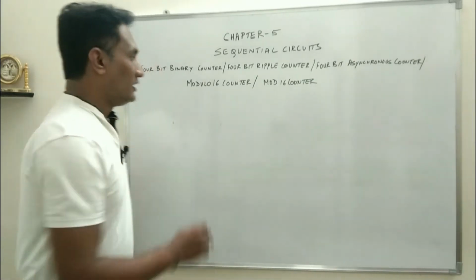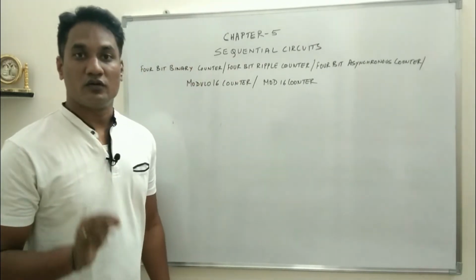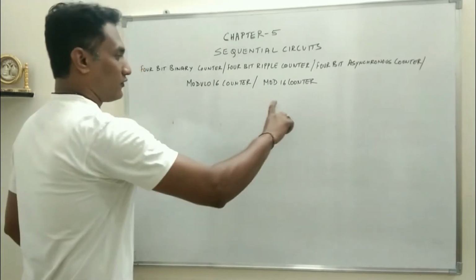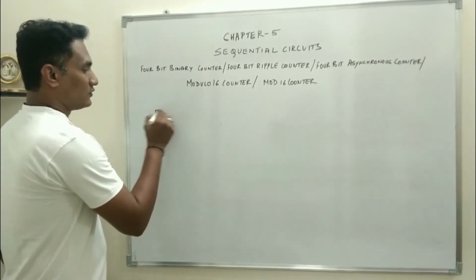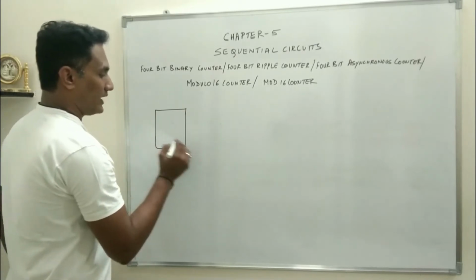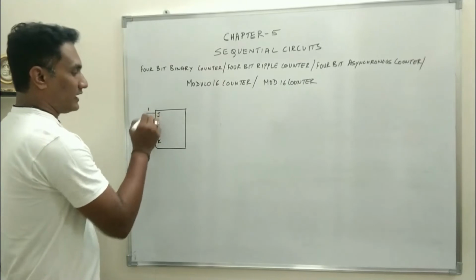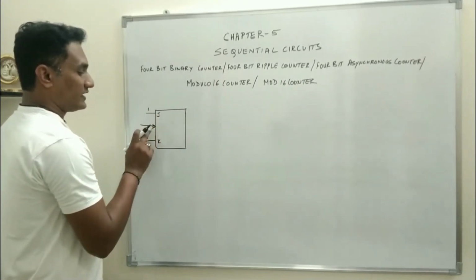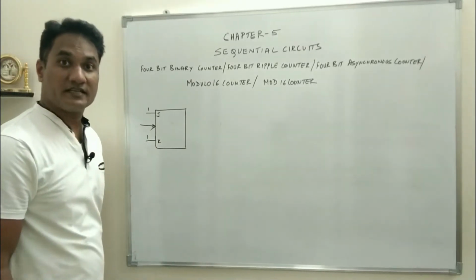So now if you have to design a 4-bit binary counter, you have to design 4 T flip-flops. So 4 T flip-flops have to be designed adjacently. I'll start with the first one. Both J and K inputs are connected to logic 1 in the JK master slave flip-flop. This indicates that it is negative edge triggered.